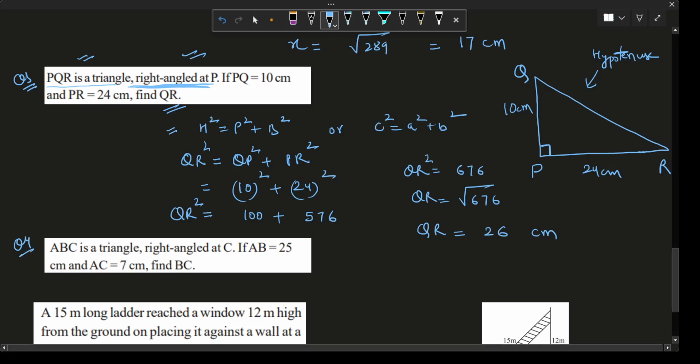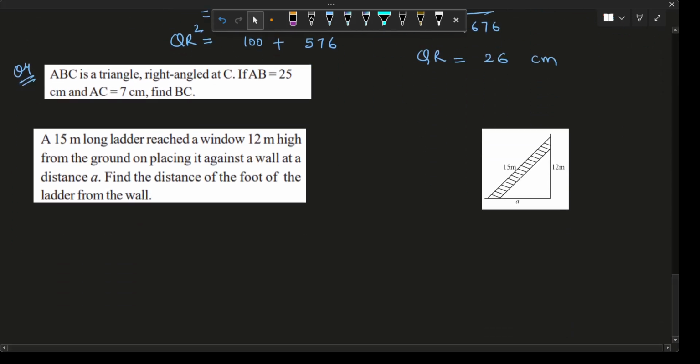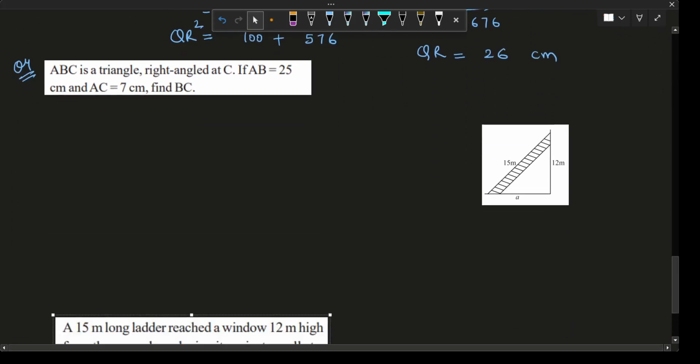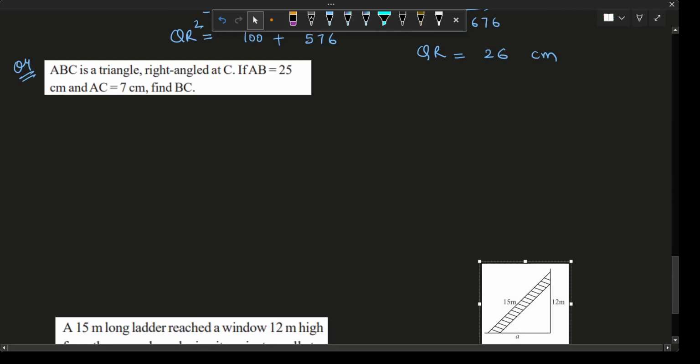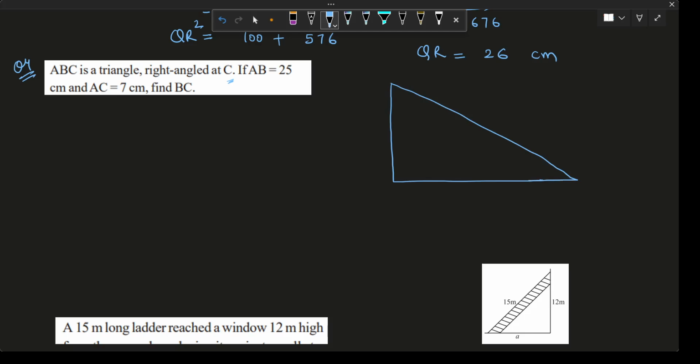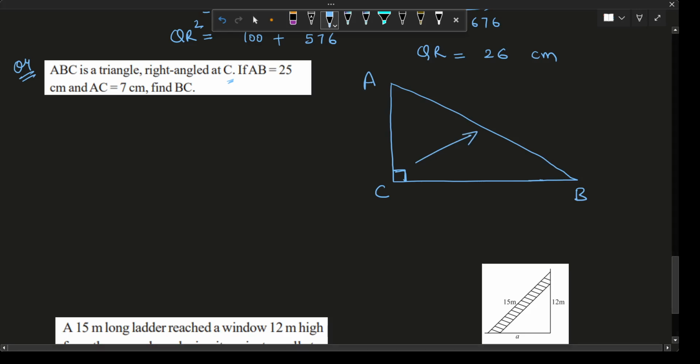Question number 4. Again यहाँ पे भी आपको एक figure draw करना है. If you see, let's draw the figure for this. ABC is a triangle right angled at C. अभी पहले ही देख लो, ABC triangle है जिसमें right angle कहाँ पर given है आपको, it is given on C. So A, यहाँ पे मैं लेती हूँ C and that's B because C पर right angle दिया हुआ है. Fine. So C is a right angle, so opposite side hypotenuse हुआ, correct.